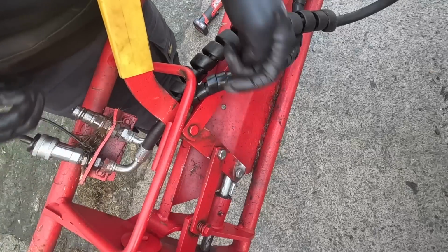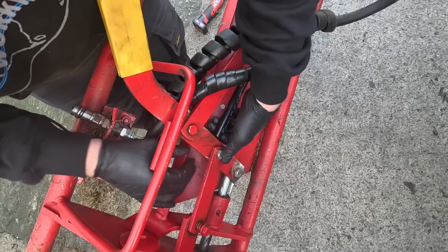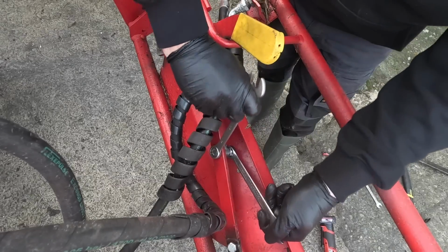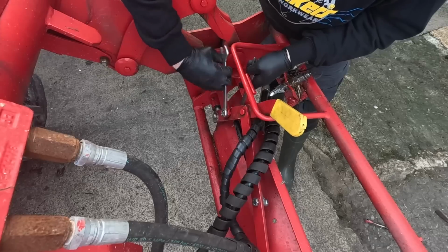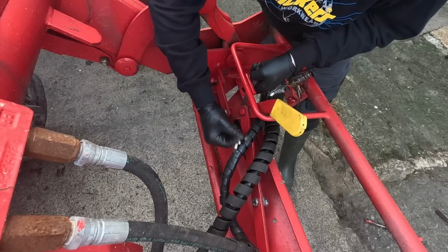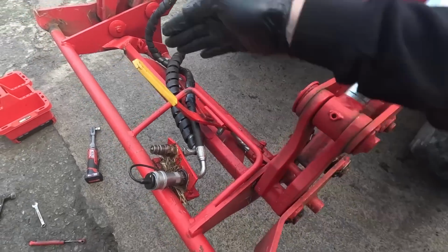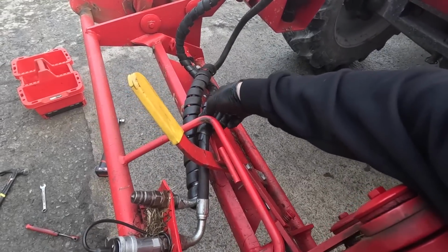Here, through there. Then our ram is in here, back, and finished off with a lock nut. So that mechanism is running perfectly. I just need to move them pipes back a wee bit. Probably loosen these connections, turn them a bit straighter because there's loads of room, and have them coming out around here, because at that angle they'll rub up against this, and it'll be no time until the pipe would